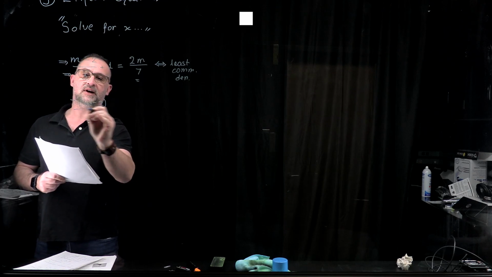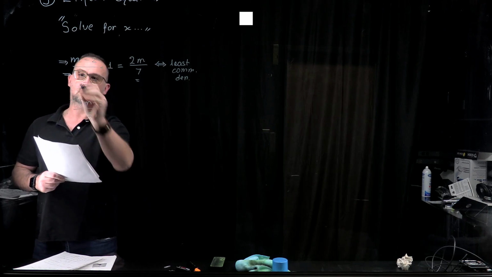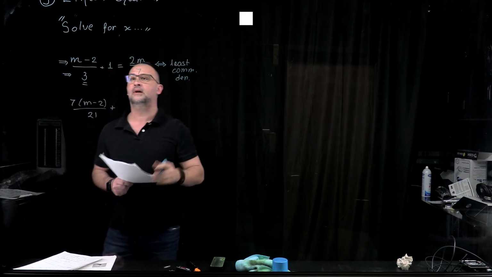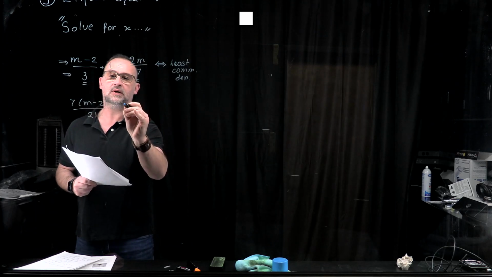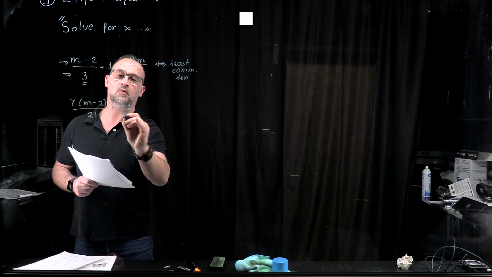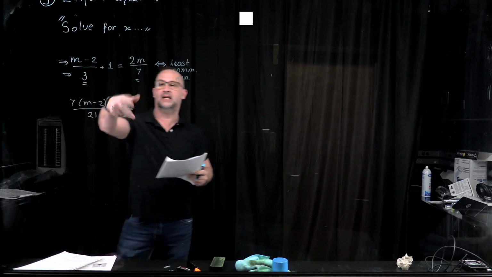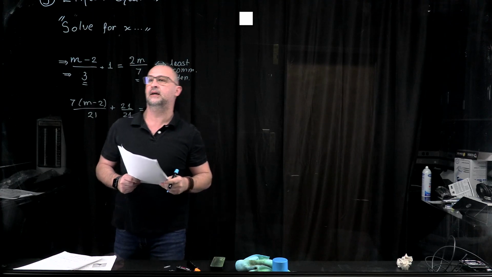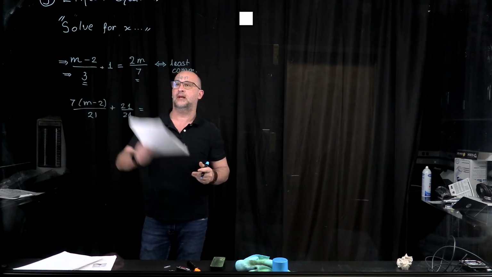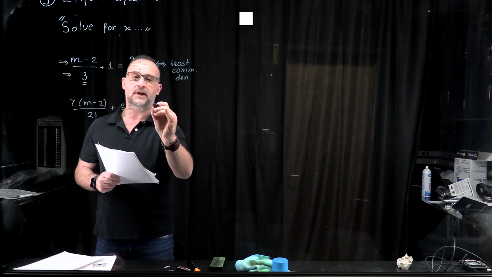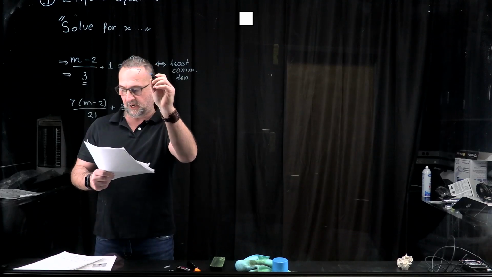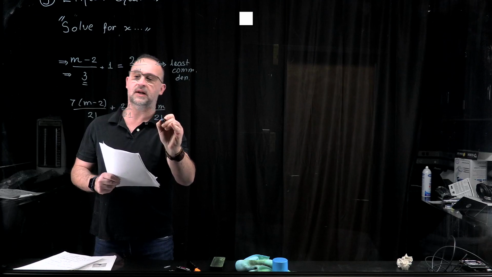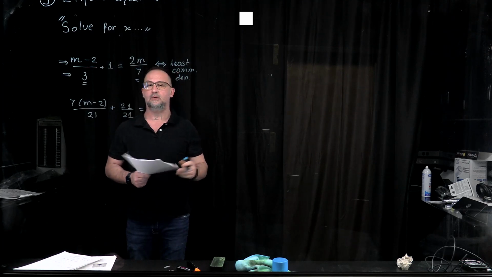(m minus 2) divided by 21, which is 7 times 3, plus here we have nothing, so we're going to multiply and divide by 21, so 21 by 21. Of course, the fraction does not change. And here, because we have 7 in the denominator, we're going to multiply by 3 both numerator and denominator. So we're going to have 3 times 2, which is 6, divided by 21. Now we're good to go, and we can add